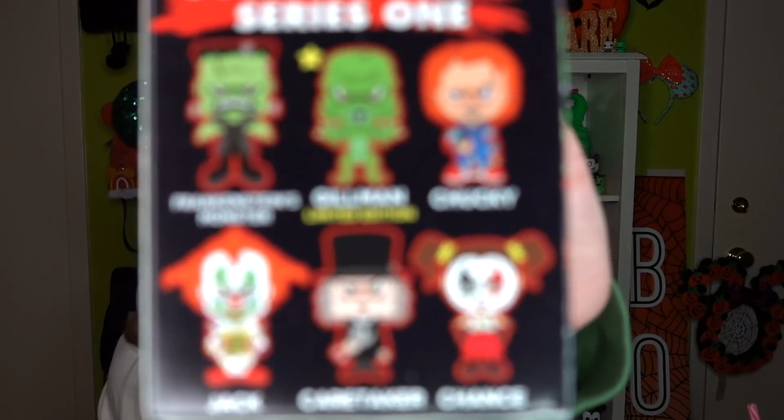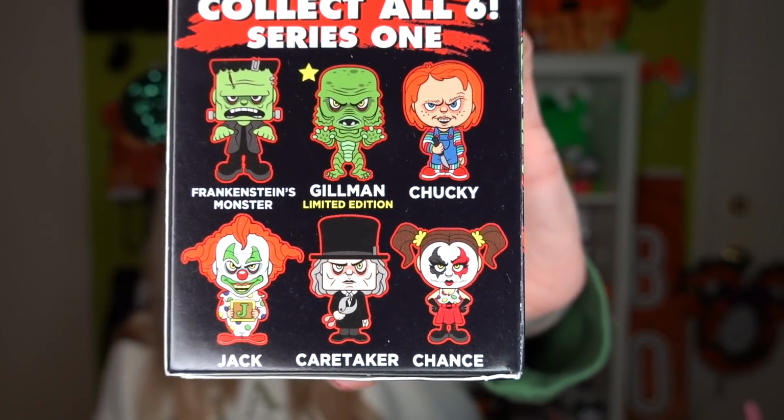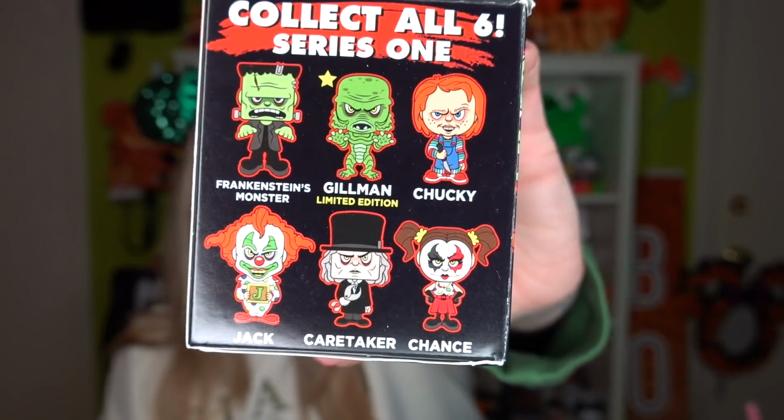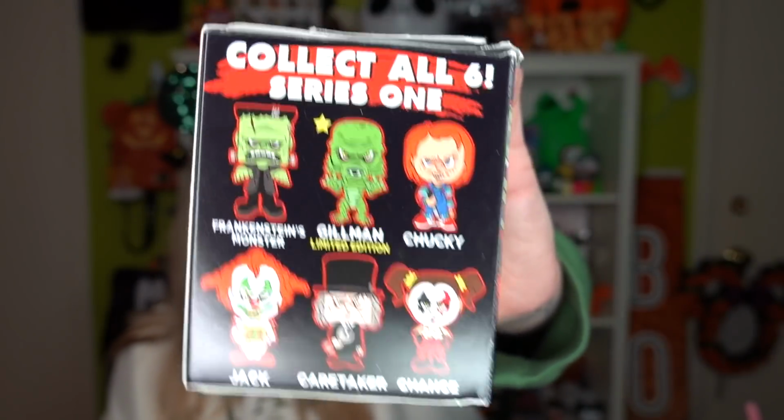Next, I got 2 of these. These are the Studio Screamers vinyl figurines, the different vinyl figurines that you can get. I had a very specific outfit for the night of Halloween Horror Nights, and that was Creature from the Black Lagoon. So I wore all things Creature from the Black Lagoon. I was really hoping for Gill-man, and I also was really hoping for Jack. So the 2 that I got